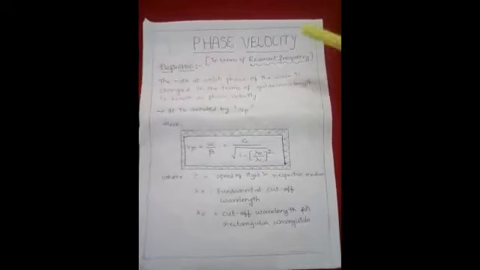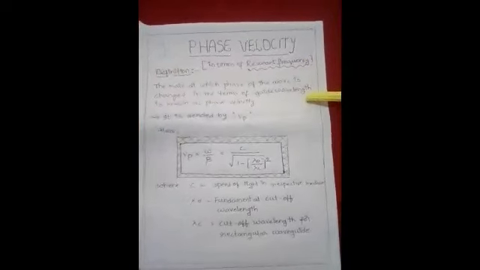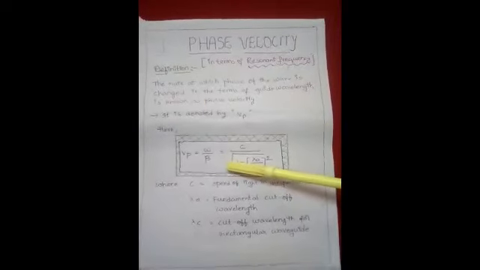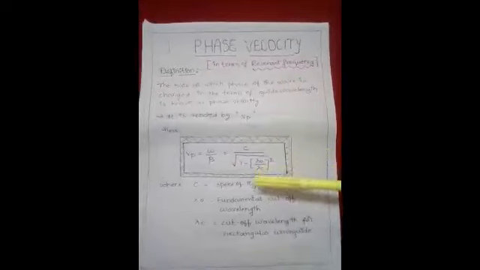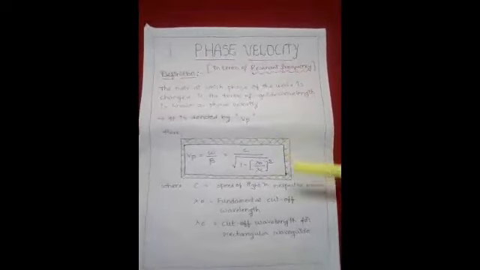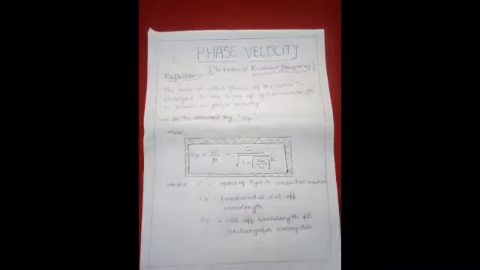It is nothing but the rate at which phase changes, which is represented in terms of guide wavelength. So obviously it becomes Vp equals omega by beta, and that equals c by root over 1 minus lambda naught by lambda c whole square, which is what we have proved in step 3. And next,